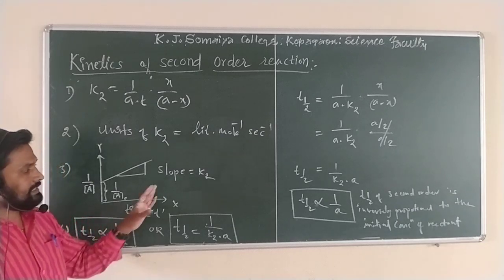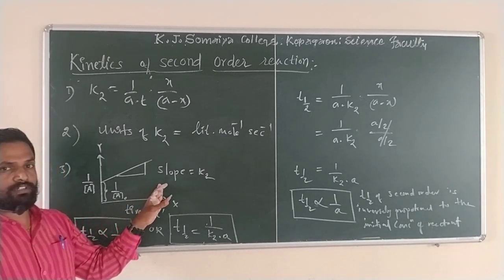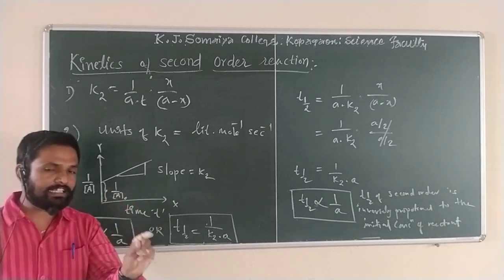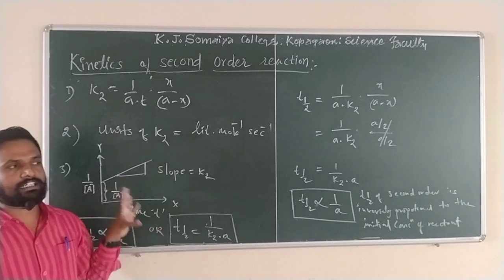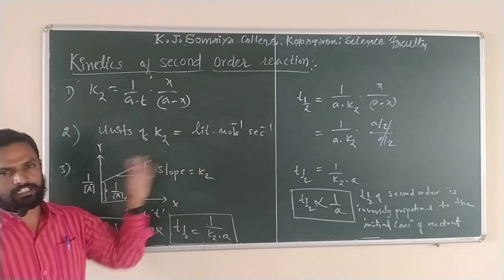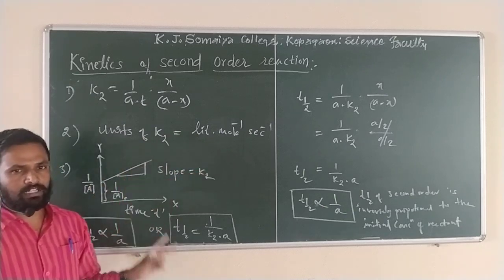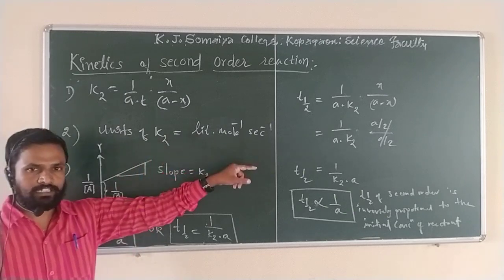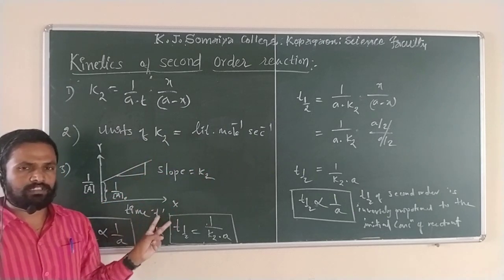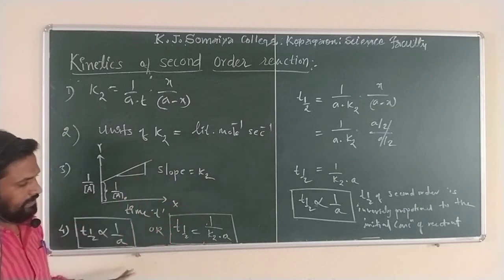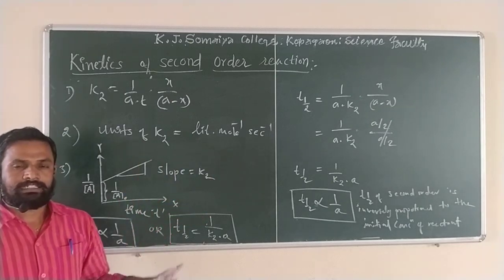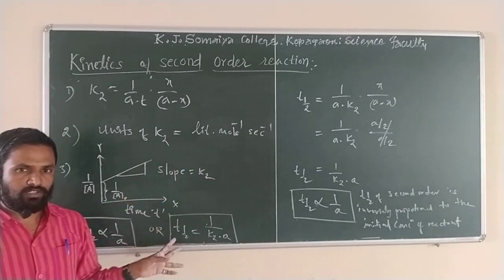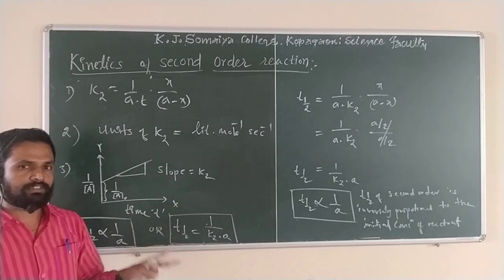Okay. Now, this is regarding the second order reaction involving a single reacting molecule. As we discussed at the beginning, there are two possibilities: a single molecule is involved in the second order reaction, or two reacting molecules are involved. This is for the single reactant. In the next lecture, we are going to see the second order rate constant for reactions involving two reacting molecules.